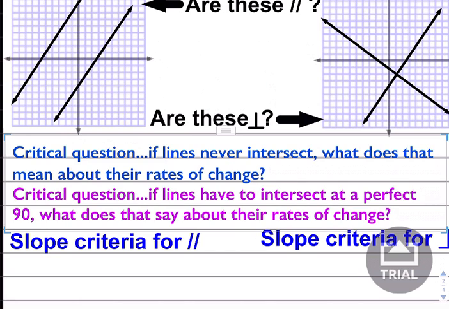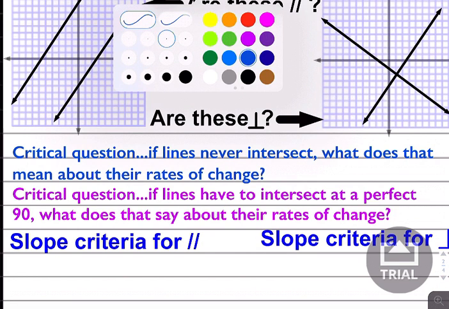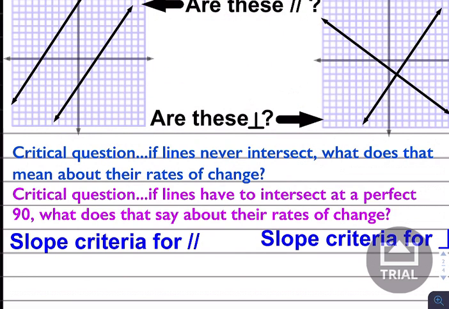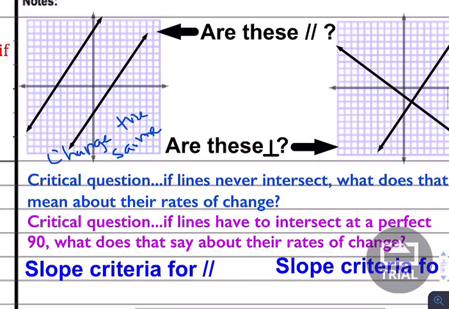If we're going to talk about lines being parallel, what does that say about the rate of change? Well, it has to say that they're changing at the same rate. So in other words, they change the same. Let me get my pen to work here. So I would say the answer to this first critical question is that they have to change the same. In other words, if one line is changing by a certain angle, the other one has to change